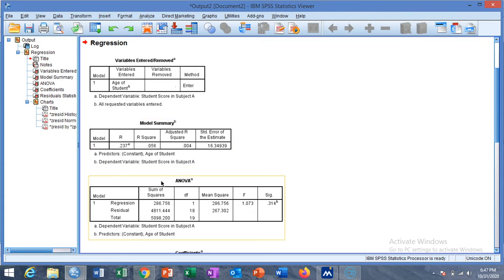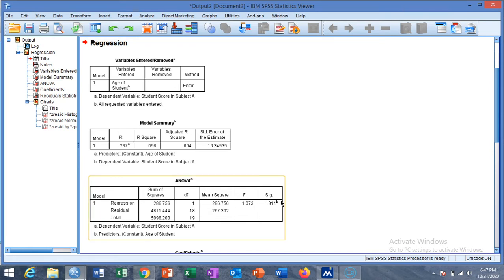And this is ANOVA, which is used to check whether the full model is significant or not. This tests whether beta 1 is equal to 0. We compare the full model with the intercept only model in this analysis of variance table.